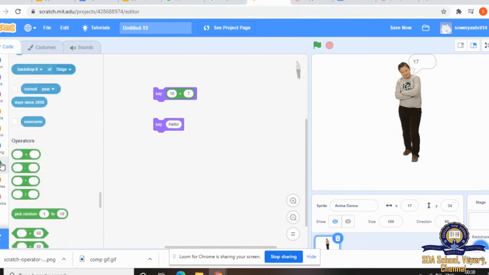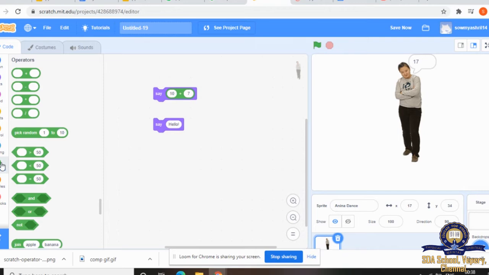Now she's going to say the answer for multiplication. 7 into 7, 49. 7 sevens are 49. The answer is right.